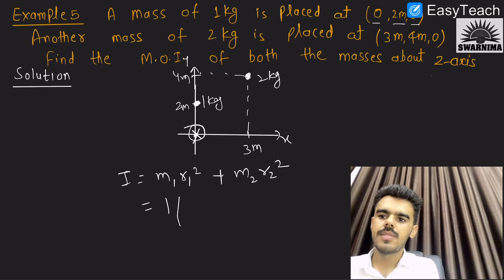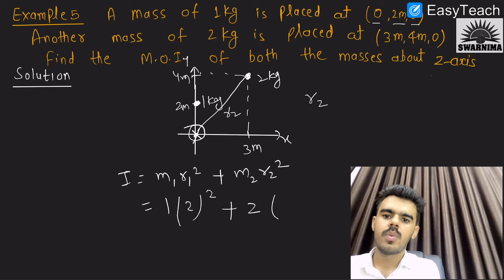So r1 becomes 2 meter square, plus m2 is 2 kilogram and r2 is this perpendicular distance. So this distance is r2, and r2 by Pythagoras theorem